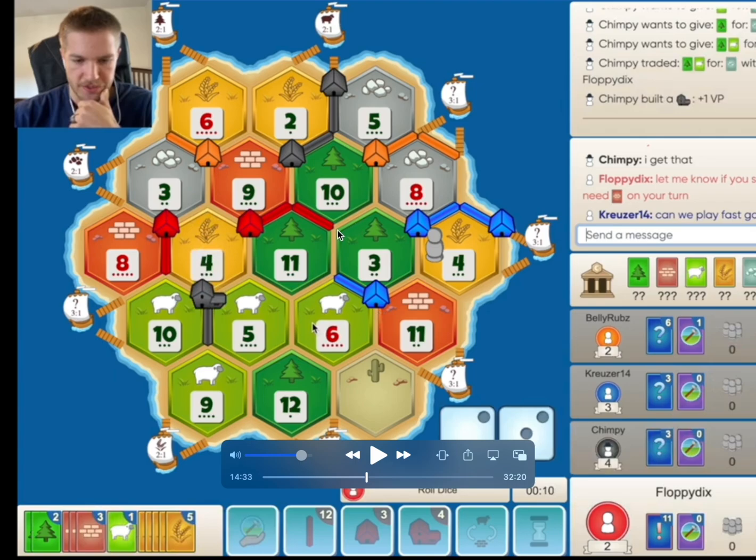So here what we could have done is place 2 roads to cut blue off at the 11-5-6. So I was highly considering this. Now the problem with it is, it took a long time to get the resources for a settle. And we're at this point pretty far behind, only with 2 settlement placements on not a crazy amount of production